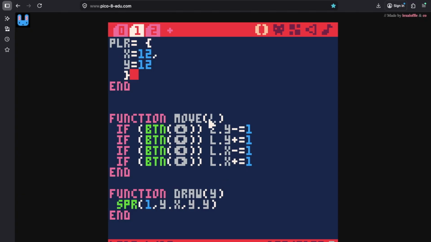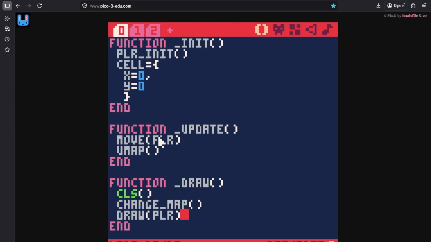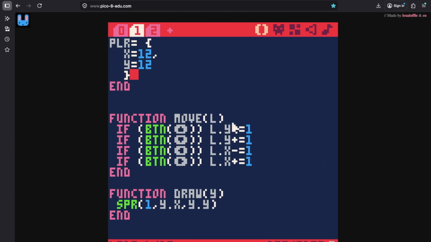Like here I used move and the parameter is L, but if I changed it to player like I did here, instead of doing all this to L, it'll just do it to player, which is something that made absolutely no sense to me before I started studying on Khan Academy. So it's like little things like that. Coding is so particular, and some of it I need explained to me. Some of it I can't just pick up on my own. So yeah, completely recommend using Khan Academy for help.